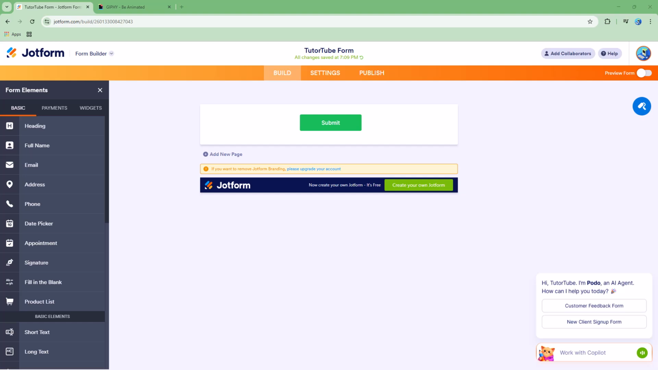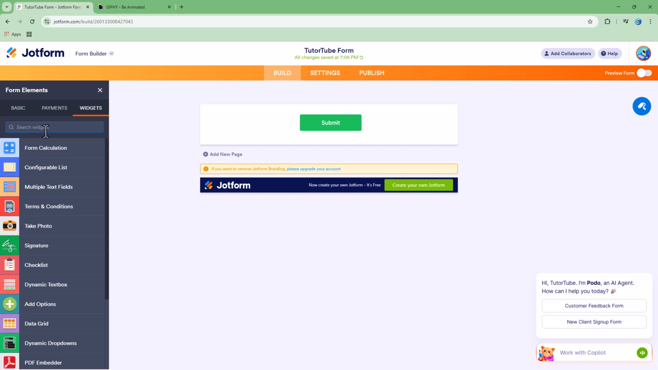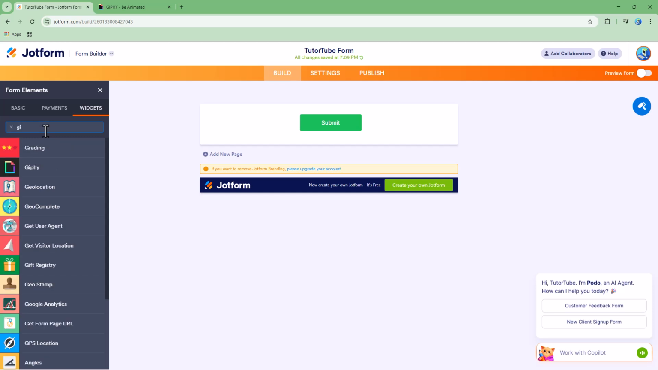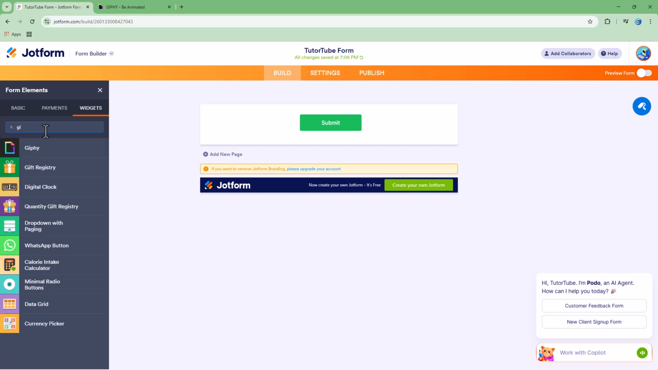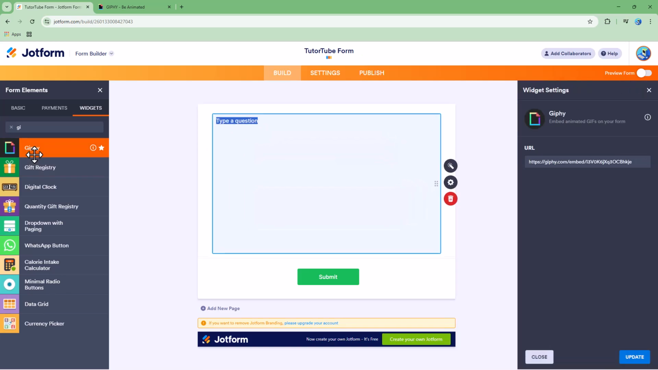So if you want to go ahead and make your form a bit funky and informal, you can add GIF animations to it. To do that, you can go onto widget, and to add in, let's say, GIF animations, you can utilize something called Giphy Widget. So I'm just going to type in GI, then there's Giphy, as you can see,